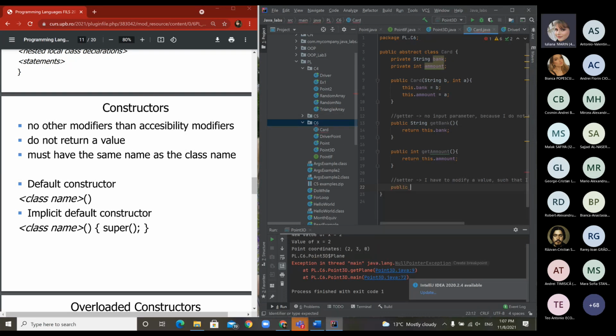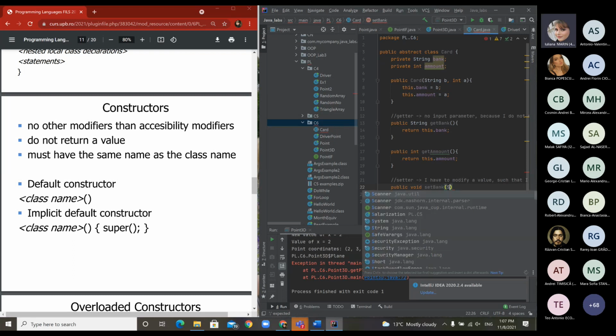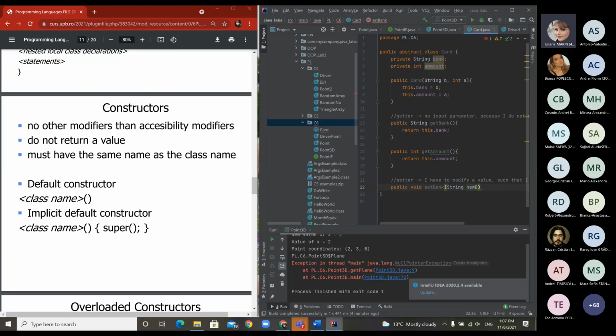And for your setter, it means that I don't need to return anything. Okay. And I will have my set of bank, which is with string new bank, such that I have my this.bank equal to new bank. Okay, so void means, okay, void return type equals